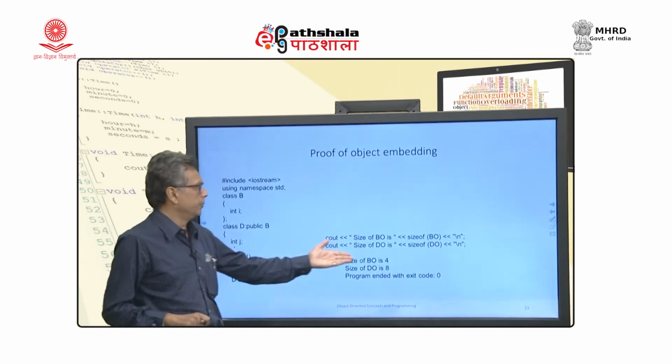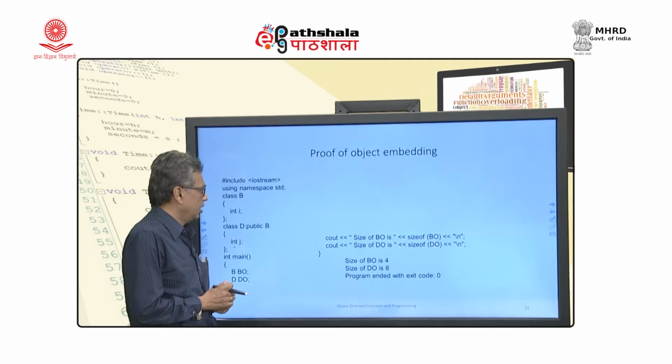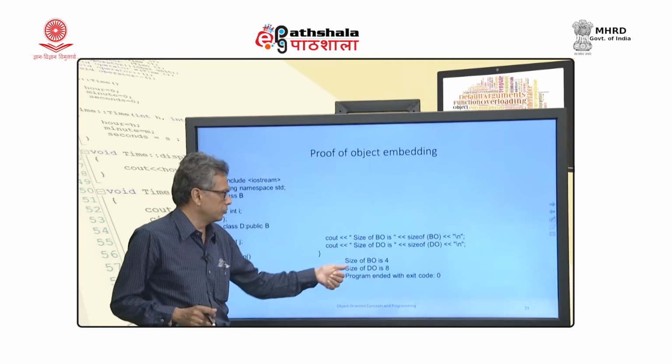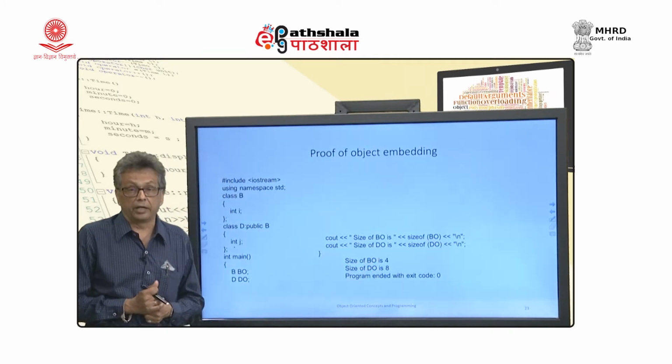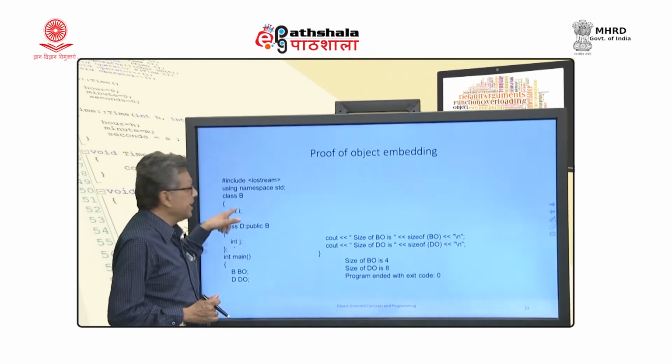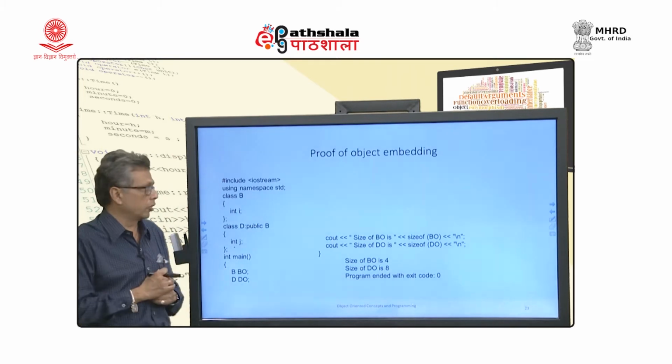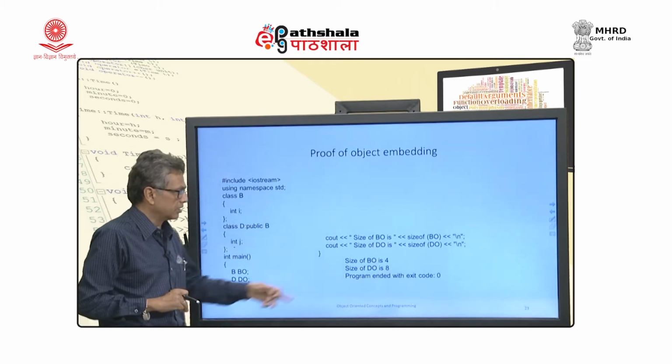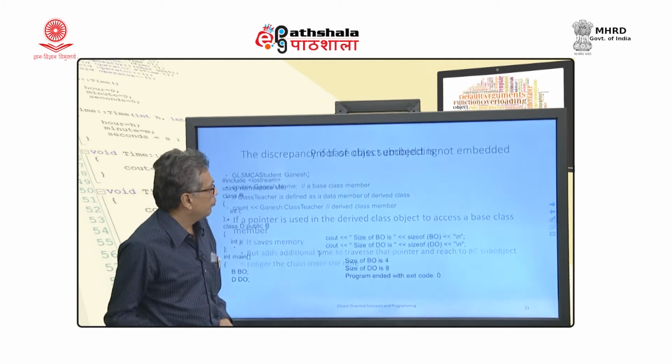So the size should be 4 in both cases, but instead the first case says size is 4, and the second case its size is 8. Why? Because B is embedded within D, so D contains integer j as well as integer a, because it is inherited from B. That is the reason why it is 8. Okay.